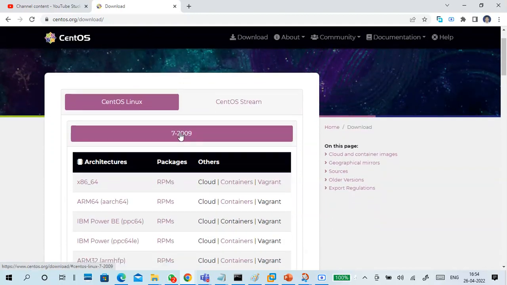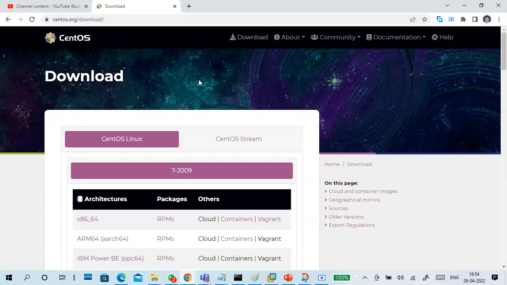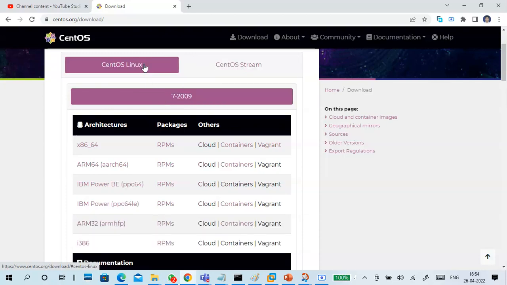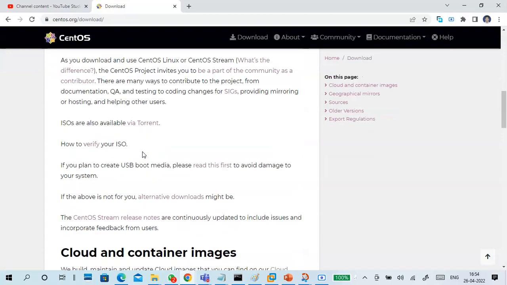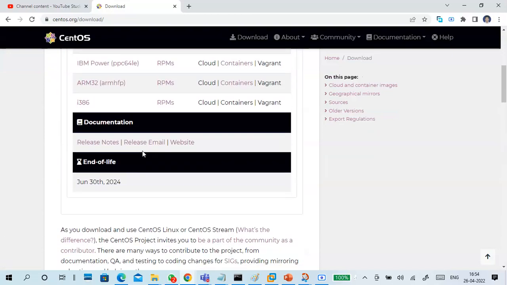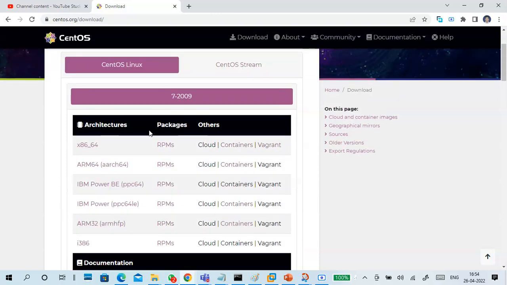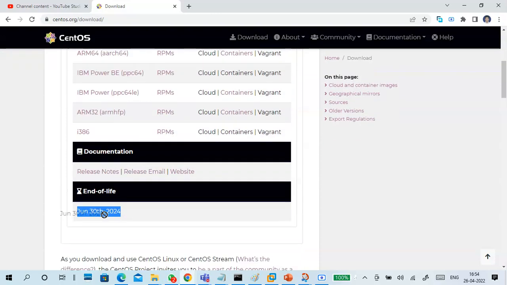You can see 7 2009, the latest one. Otherwise, click on Downloads. There is also Stream 8 and 9, but don't go to Streams; go to Linux 7. The validity of this particular version is up to 2024.